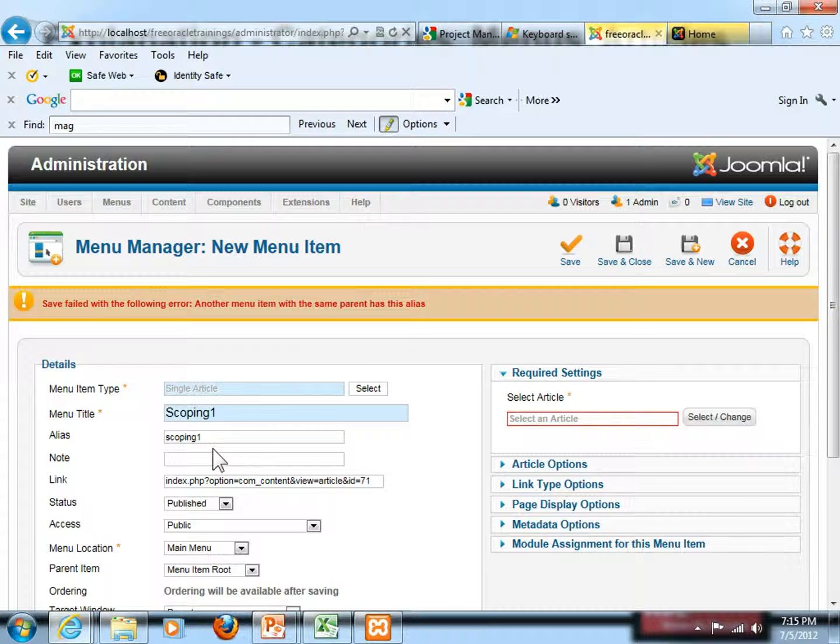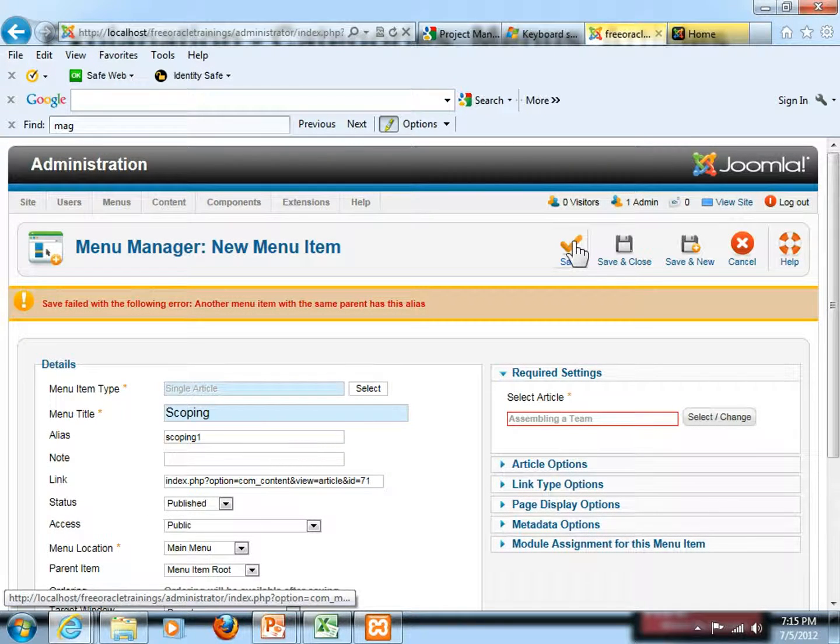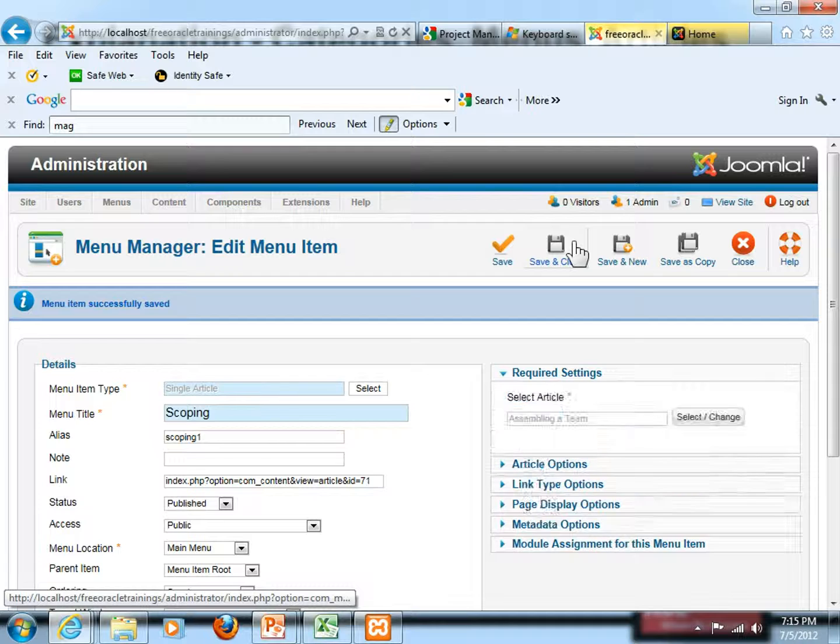Oh right, I forgot to save the article. That's what it's asking me. So here I go back and select an article and save it, and this time you shouldn't get any error,